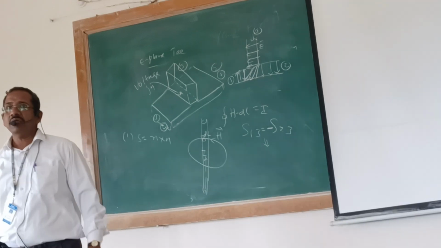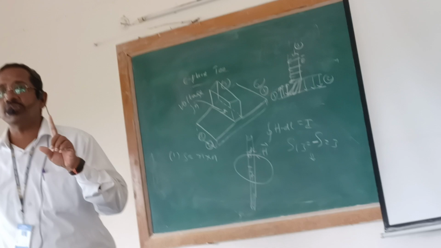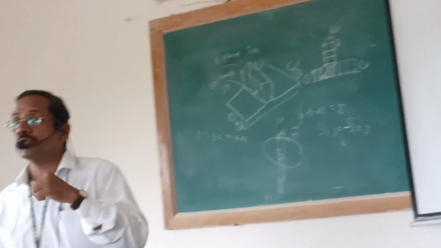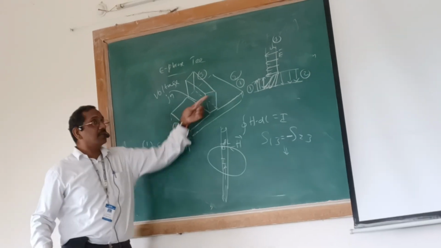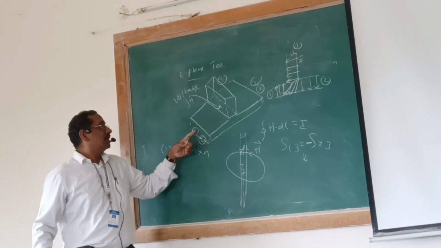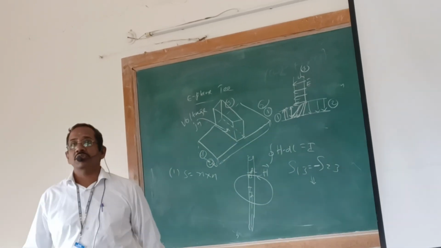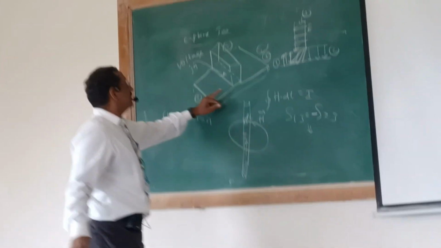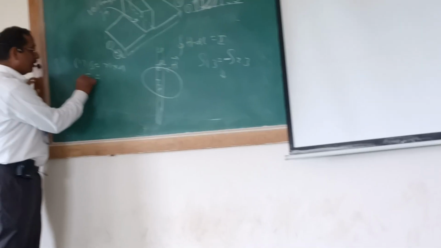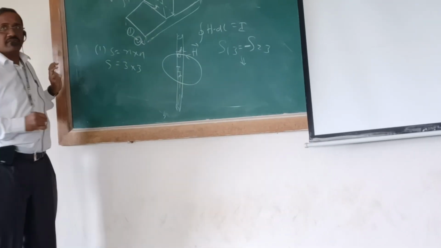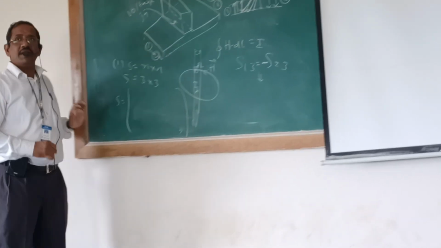Nothing wrong with that. But coming to the E-plane, what is the number I should give to the E-plane? Port 3. It should not be port 1, it should not be port 2. Right? So it should compulsorily be given another number other than these two. Therefore, always these two are going to be either port 1 or port 2, and this is always going to be port 3. So it is called a 3-port device: port 1, port 2, port 3. Therefore, I am going to have a 3 by 3 matrix. So I should write this as a 3 by 3 matrix.